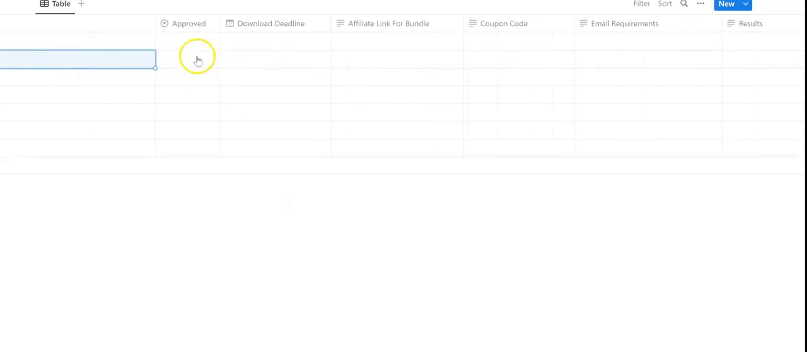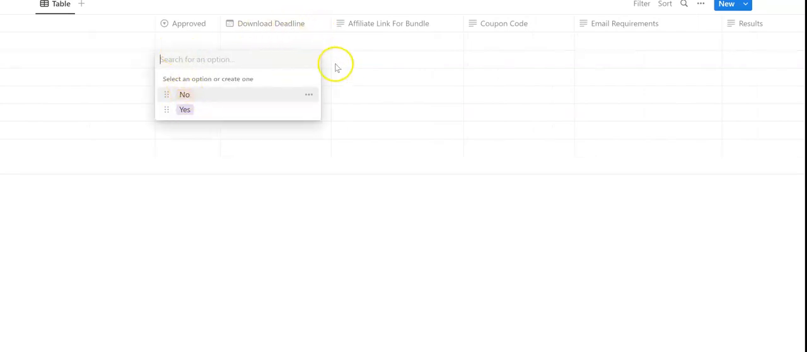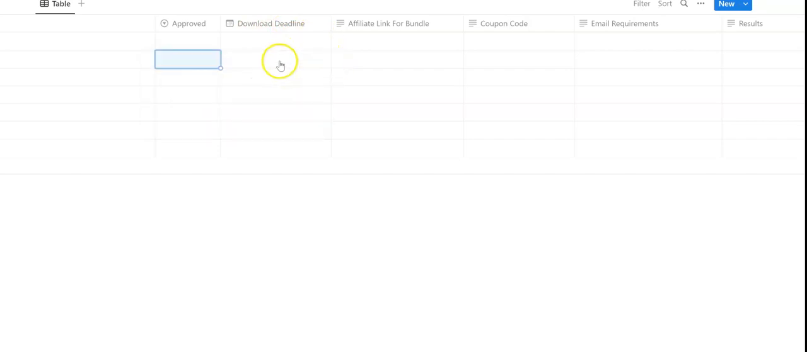And then if we just scroll over a little bit more, you can see you can just keep track of did you get approved or not, and then the download deadline for the customers to download their bundles, and then your affiliate link, any coupon code that's required, and then you can put in here any email requirements. So if you have to post on social media or you have to do a solo email, then you can record that in here. And then at the end, we've just got two more sections here,